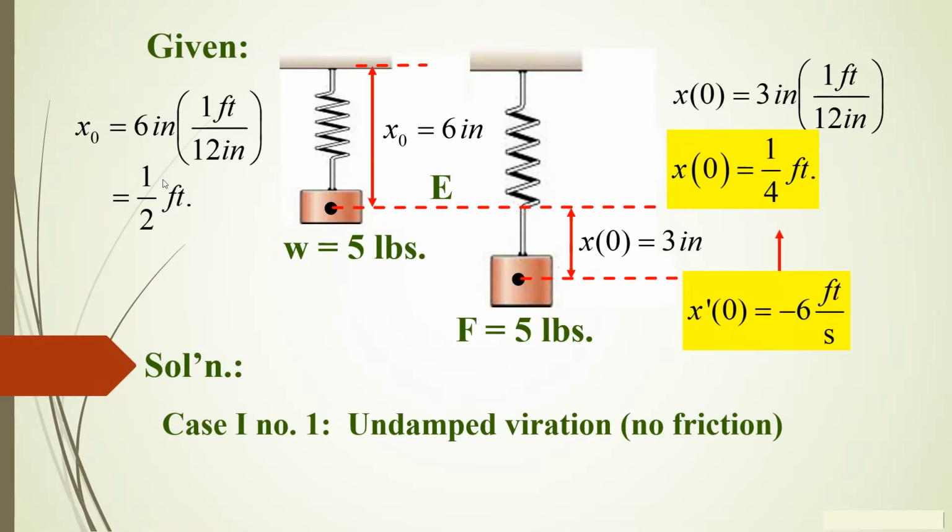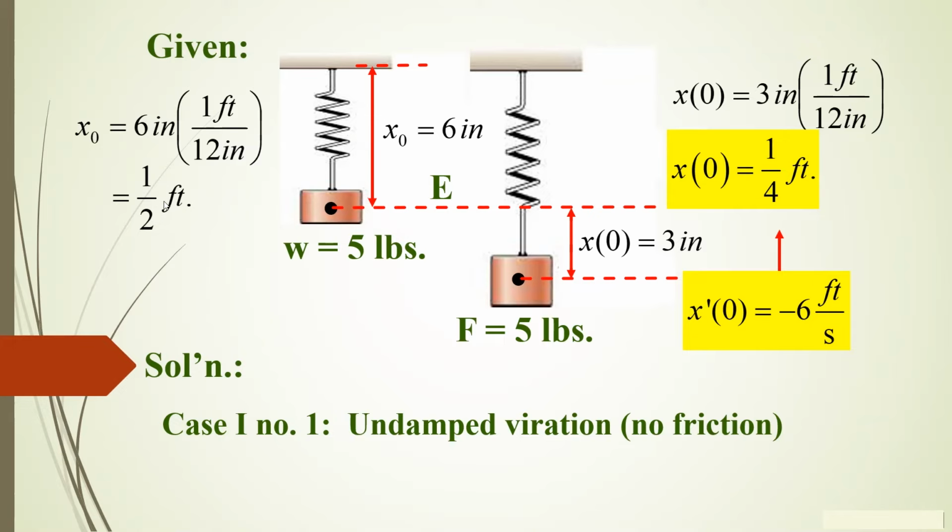Here, it says there that the spring is attached, and then the other end is attached to a 5-pound weight. Okay? Such that it rests at equilibrium, which is 6 inches. It has stretched up to 6 inches, and then it stays there. So what is x sub 0? x sub 0 is 6 inches. That is the equilibrium. So 6 inches, and everything is in feet and everything is in pounds. So let's convert this to feet. 6 divided by 12 inches in 1 foot. So 1/2 foot.